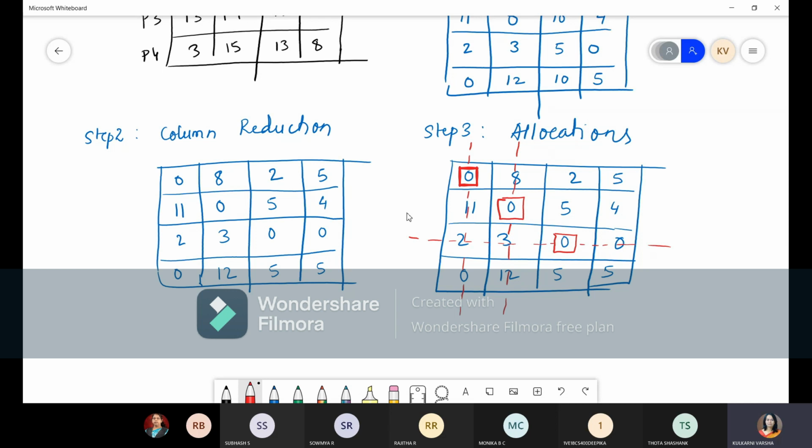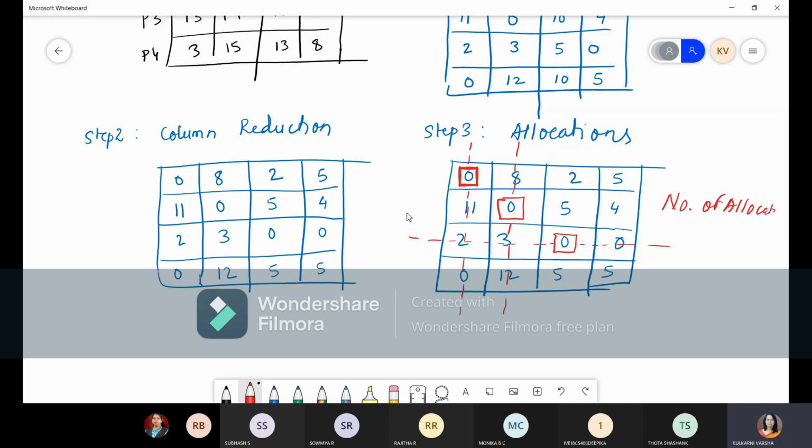Now what is the order of the matrix? It is a 4 by 4 matrix, right? So as it is a 4 by 4 matrix, the order of the matrix is 4. And what is the number of allocations? 1, 2, 3, right? So the number of allocations is 3 and the order of the matrix is 4.